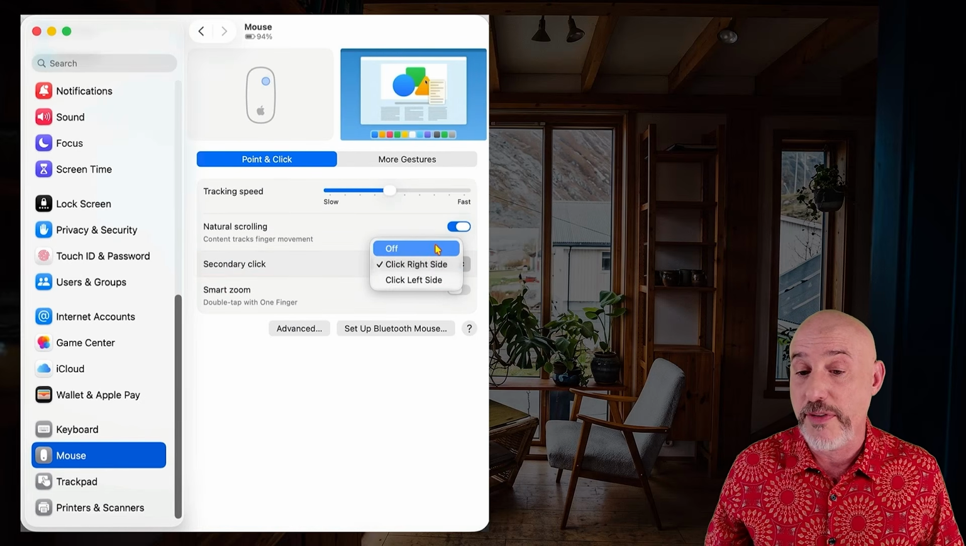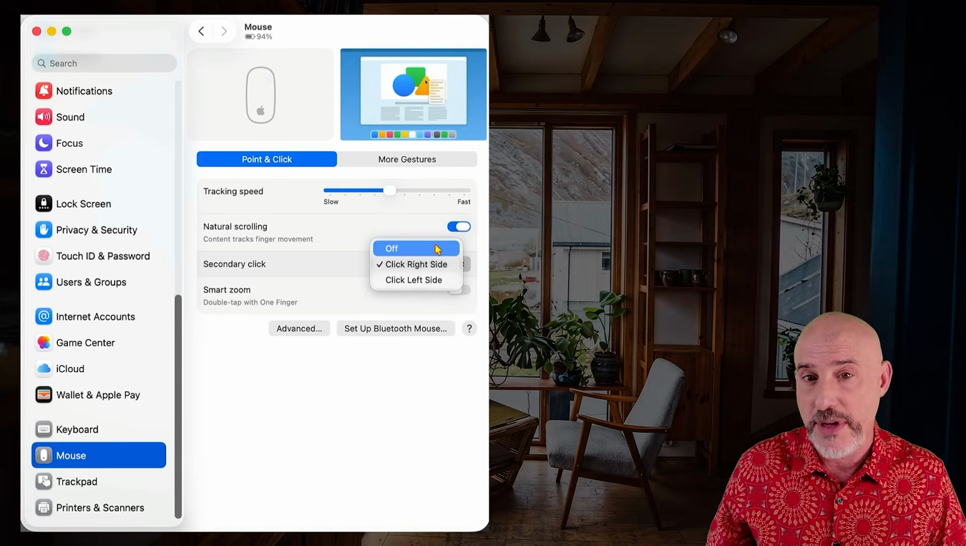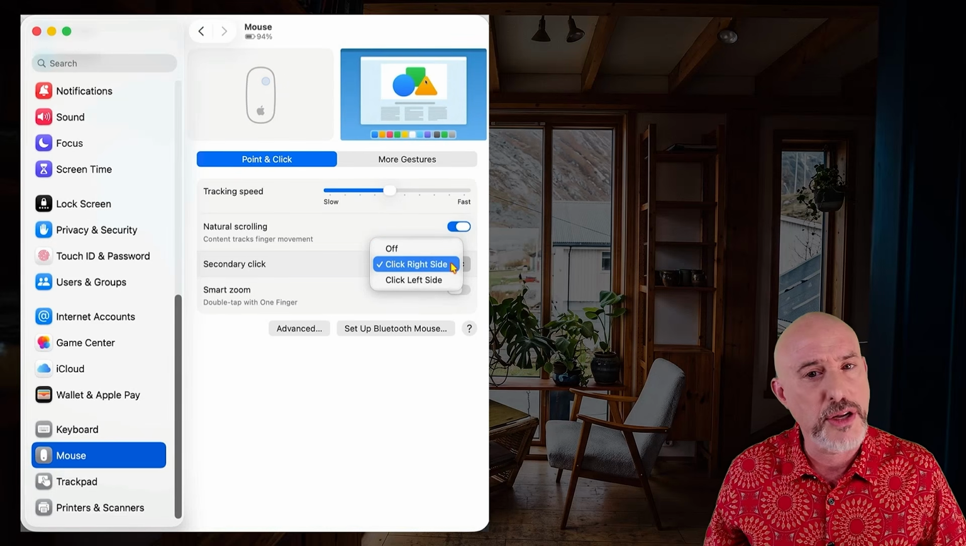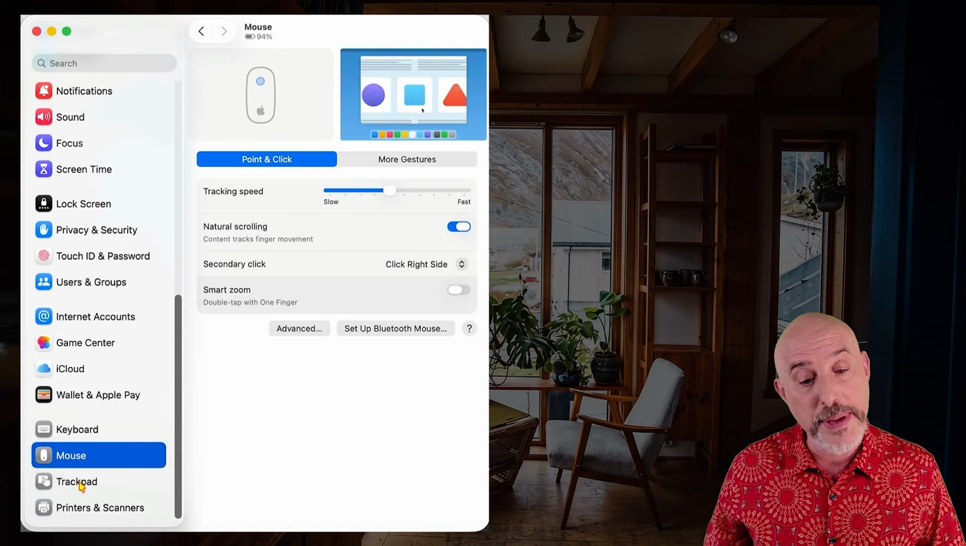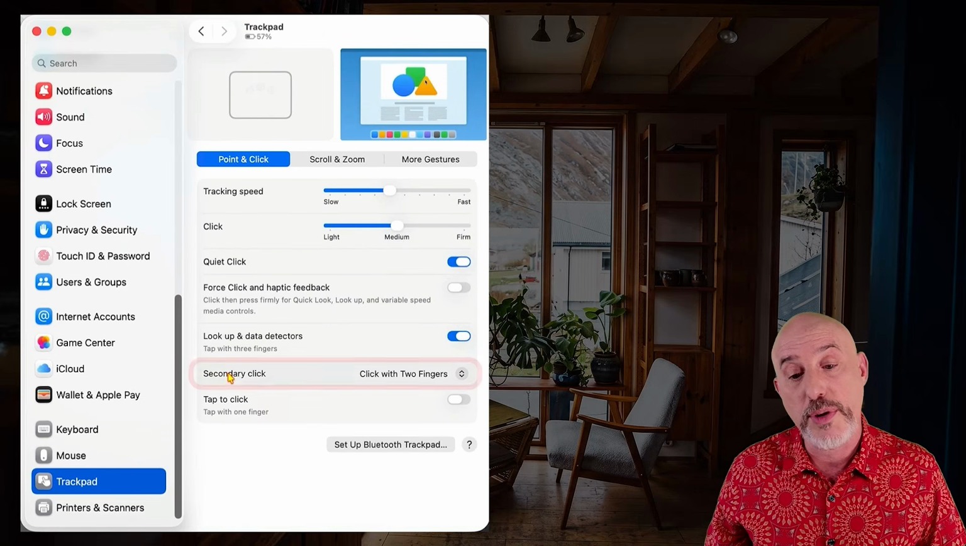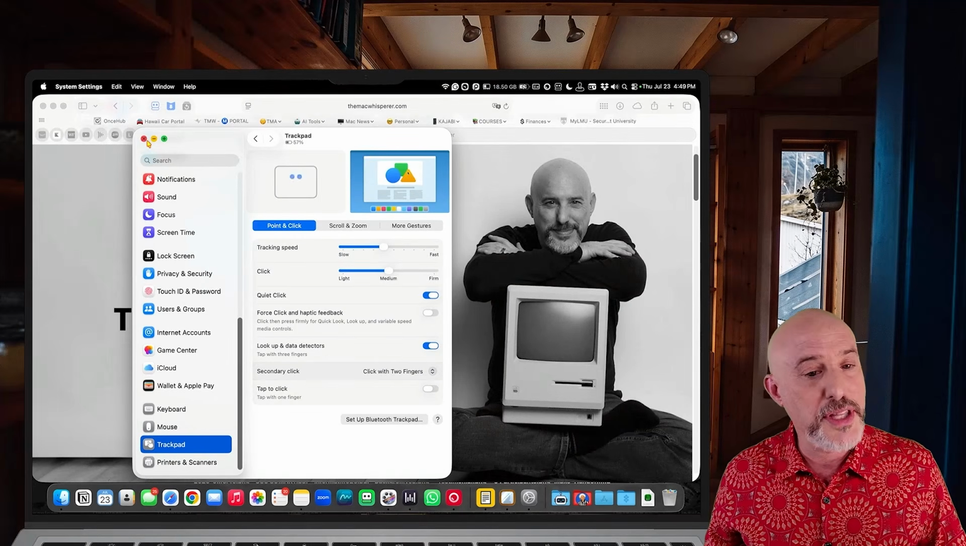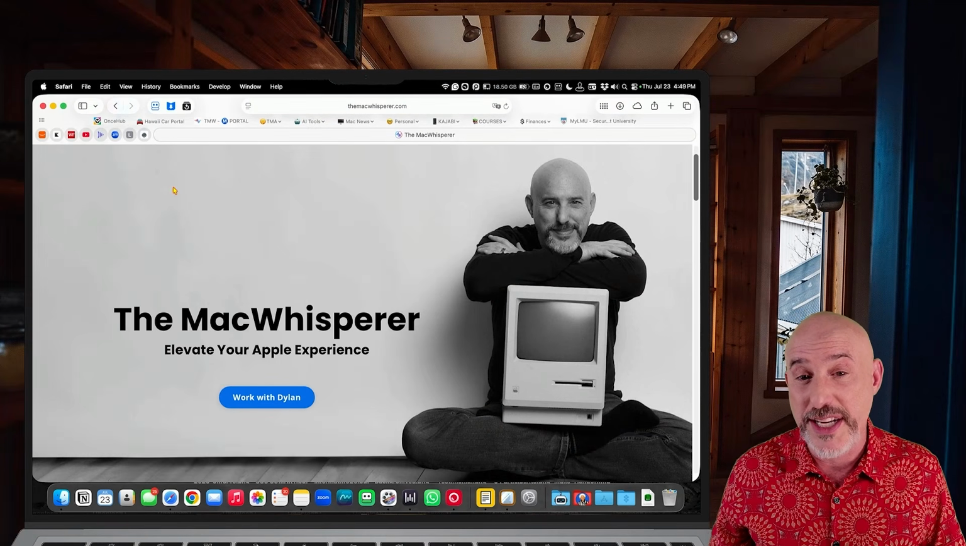The default for most Apple mice is to have it off, but for this lesson and just in general, I recommend you leave it click on right side. And if you're using a trackpad, click here and confirm that where it says secondary click, it's set to click with two fingers. The other thing that we need to talk about before we get started is the difference between